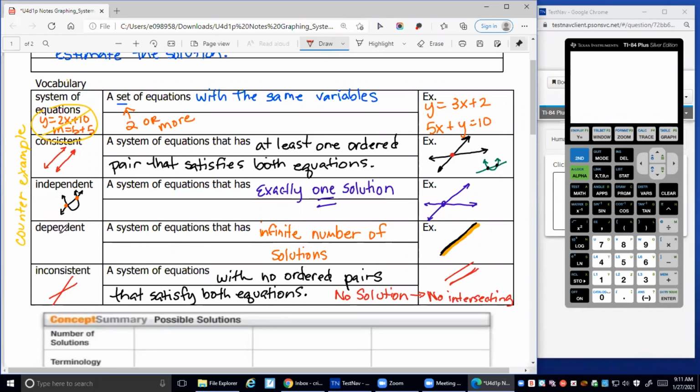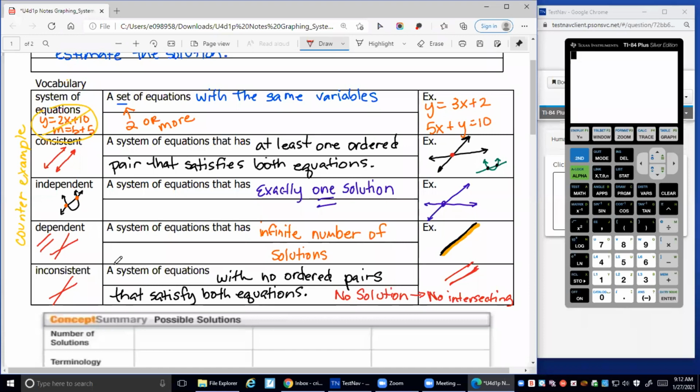And here I have dependent. So again, a system has an infinite number of solutions. This again would be counter examples. It has one solution, not infinite, right? Or you could even have parallel lines there, right? And the way I like to think about this, the way I try to remember about inconsistent,